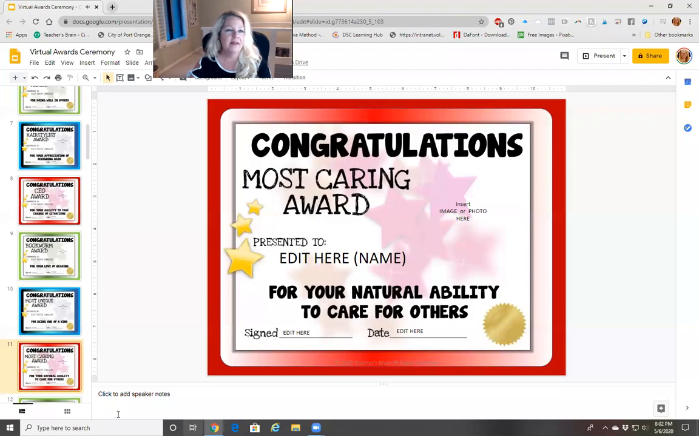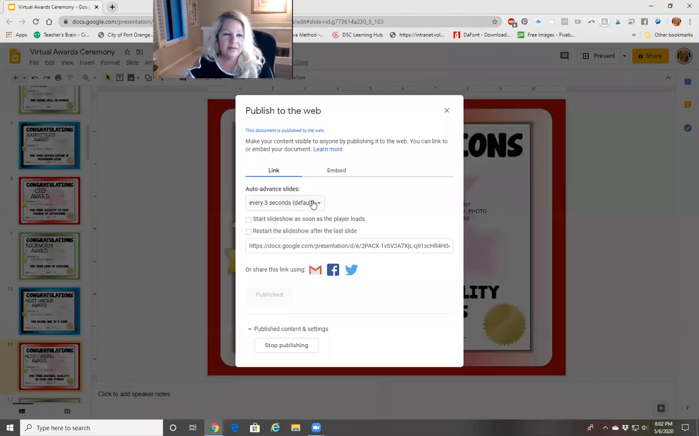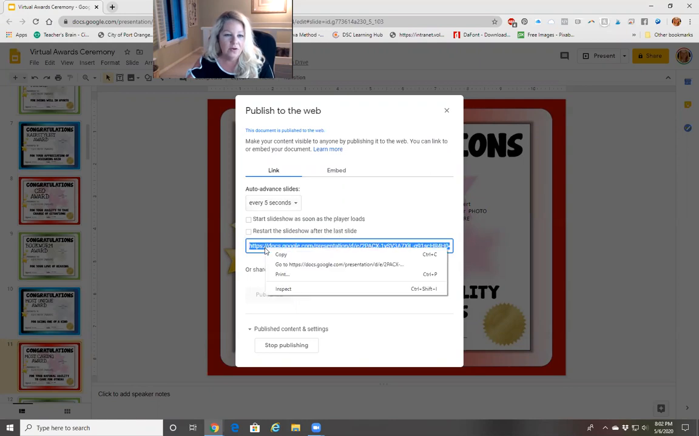Let me exit out of there. And the only way that I know to fix it is to go to File, and you're going to go to the Publish to Web, and you're going to see this come up. Let's say you want 5 seconds for each slide. You click that, and then you've got a link here. Once you get the link,